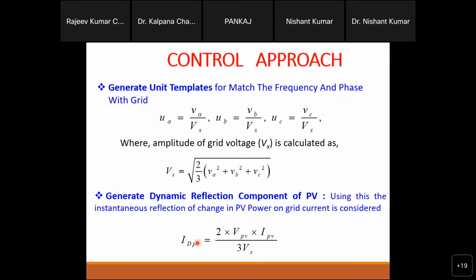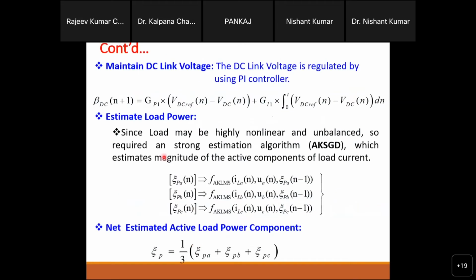Another is the DC link loss component. So how will we calculate that? Simply, we go for the error. What is the DC link voltage, and what is the DC link reference? So we will see the difference, the error. This is the actual DC link voltage, this is the DC link reference. Similarly, this is the DC link reference and this is the actual voltage. So you will see this is the error.